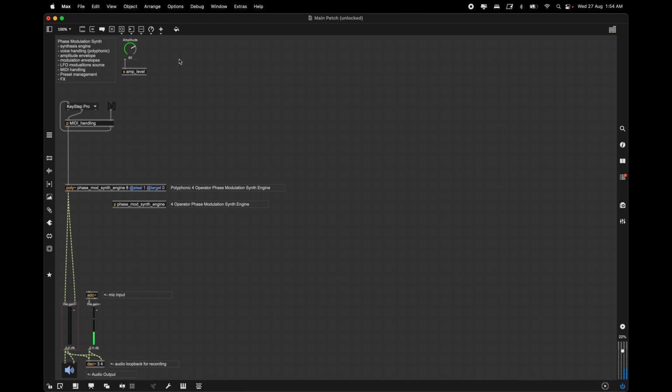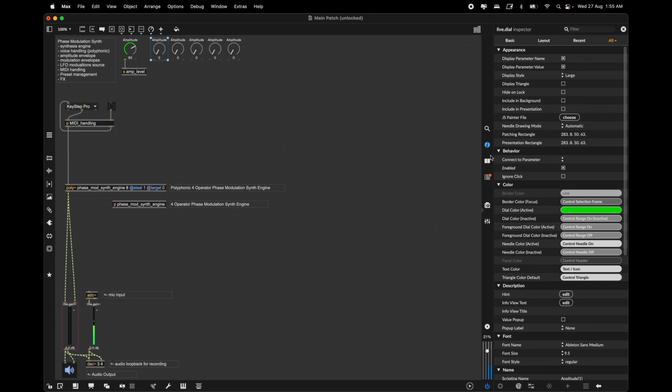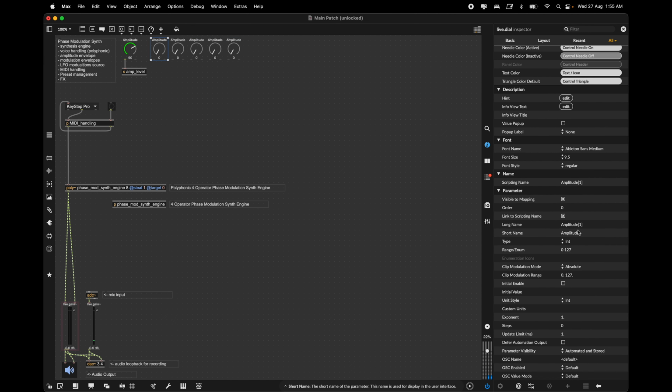So we're going to move along and we are going to set up the ADSR envelope parameters. Now we know our envelope has five parameters. So I'm going to create 5 dials. There you go, 4 and 5. And then I'm just going to go ahead and name them quickly as attack,